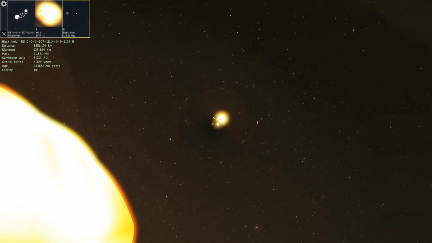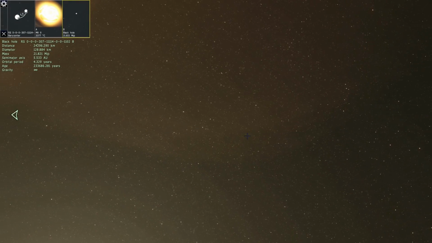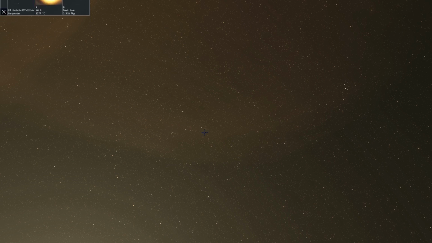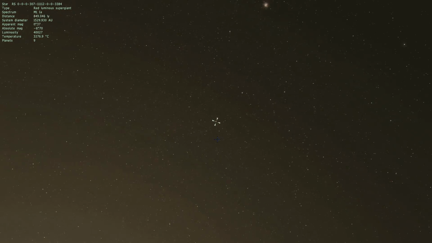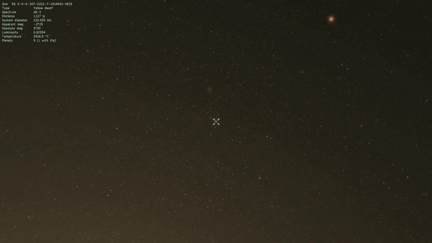It just really looks like the bending of light, nothing else. So yeah, really no life could possibly take place in the system. That's not that I could ever imagine in a million years. I don't know how that would be possible. But as we look around for, see, that's the problem, is I always end up going to supergiants because they are the biggest on the screen. There we go, a yellow dwarf, one with life.